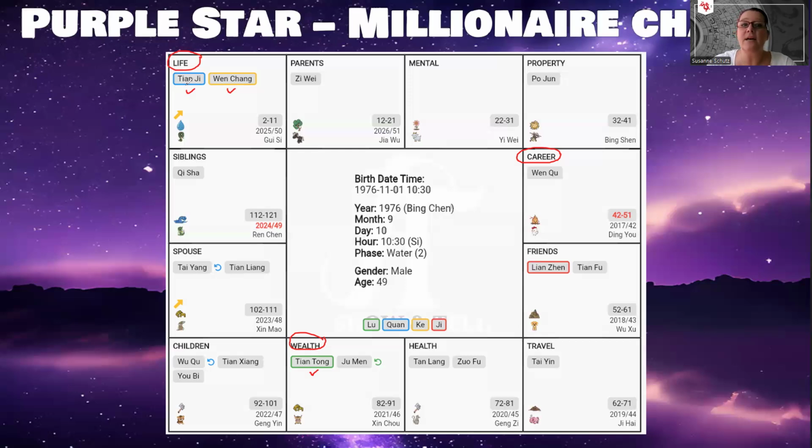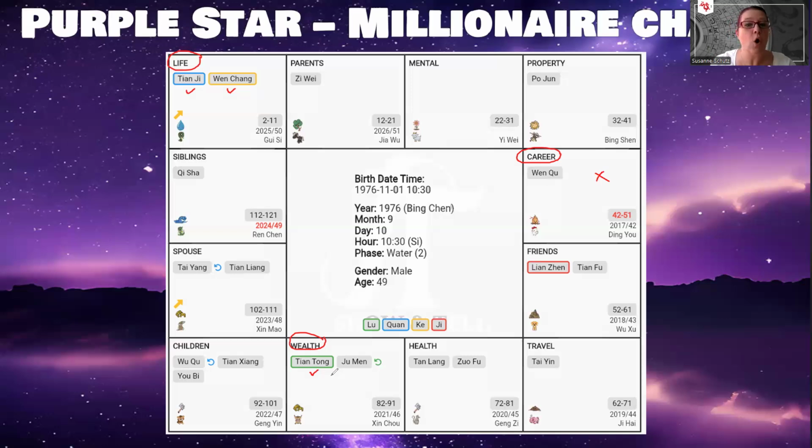So for example, here you have the blue one, this is called the birth quan in the life palace. You also have a yellow one that is encased in yellow. This is the birth ke. And in the wealth palace, you have a star that is encased in green, and this would be the birth lu. So you need to have all three. You need to have the blue one, the yellow one, and the green one distributed somehow in the life palace, career palace, or wealth palace. Now here you have nothing in the career palace, but it doesn't matter because you have the blue one and the yellow one in the life palace, and you've got the green one in the wealth palace. So this qualifies.